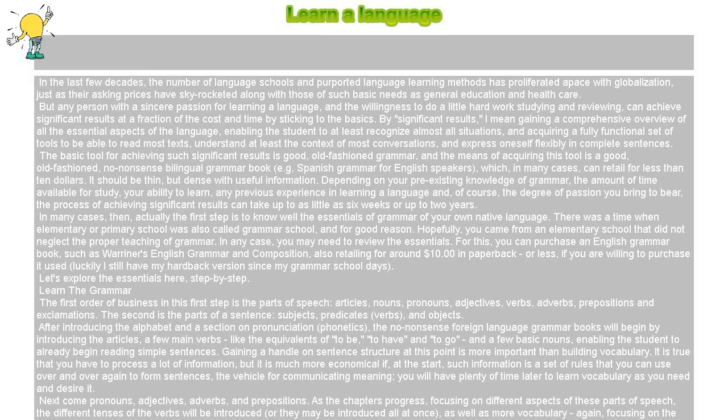Learn a language. In the last few decades, the number of language schools and purported language learning methods has proliferated apace with globalization, just as their asking prices have skyrocketed along with those of such basic needs as general education and health care. But any person with a sincere passion for learning a language, and the willingness to do a little hard work studying and reviewing, can achieve significant results at a fraction of the cost and time by sticking